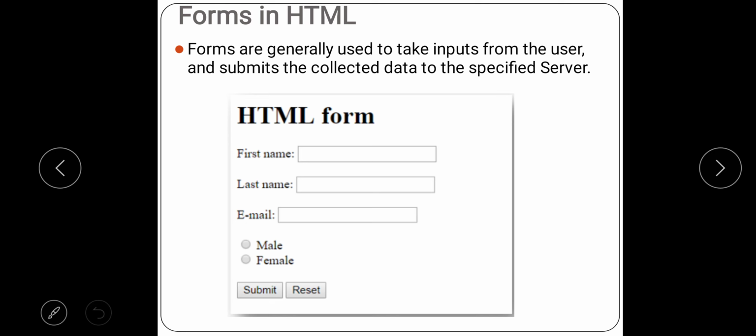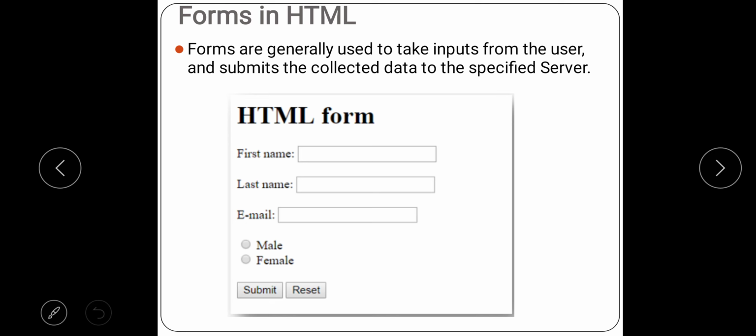Then moving on to the second line, what is the label given to the control? It is last name, and in front of that there is again one text box. Now in this text box you will again enter some text. What text is asked? The text asked here is the last name of the user, so he will enter the last name, right?